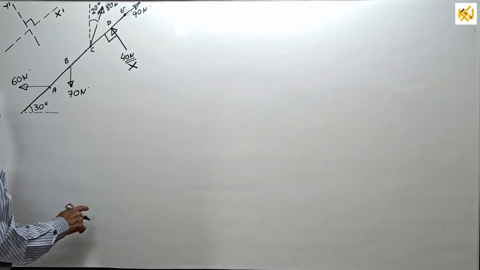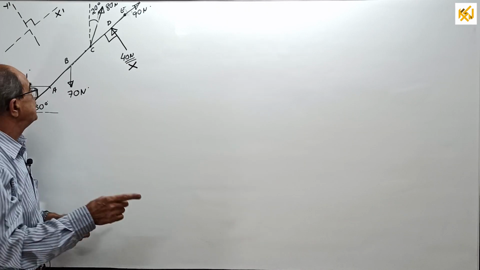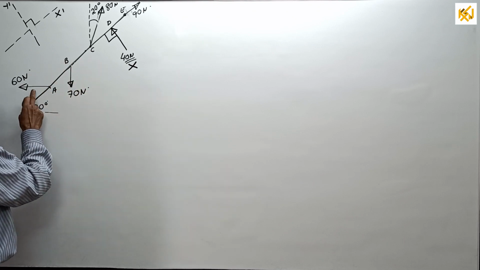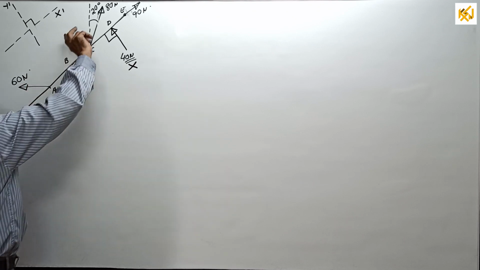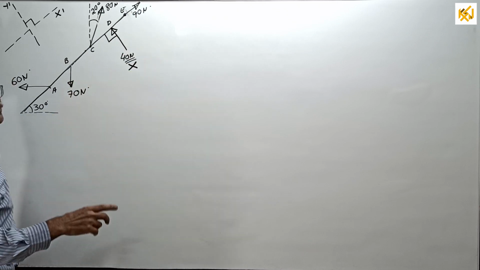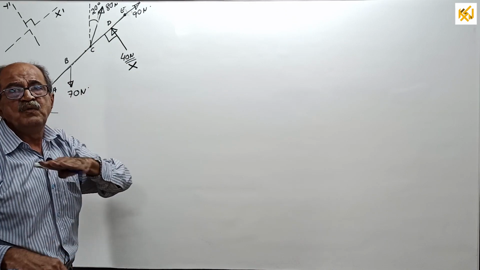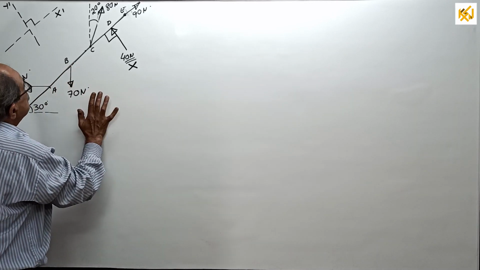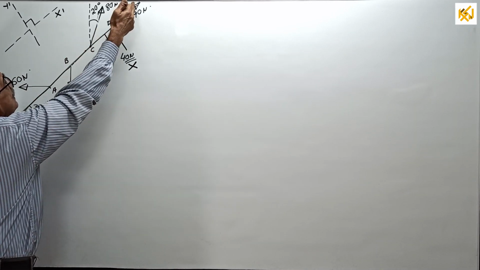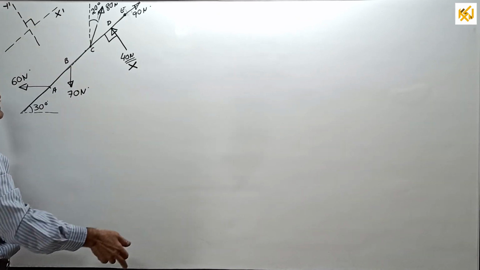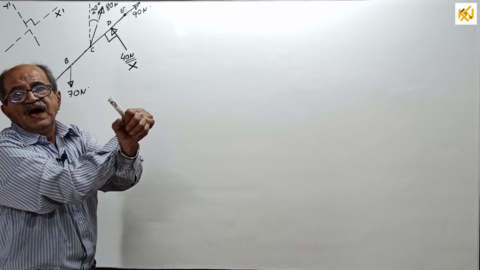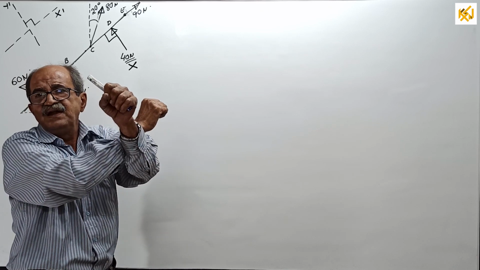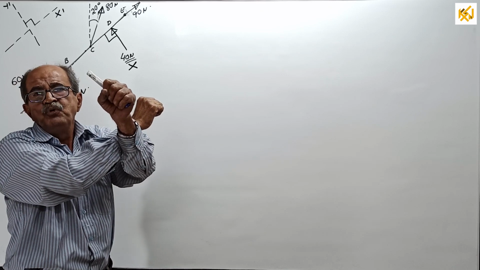I already told you, if you want to resolve in the usual X and Y, horizontal and vertical, these two will not be resolved as it is. The other three you have to resolve. Then you have to consider the angle with the horizontal x direction. But now our purpose is to learn how to resolve in two mutually perpendicular directions when they are neither horizontal nor vertical, but inclined. One more thing, they are mutually perpendicular.